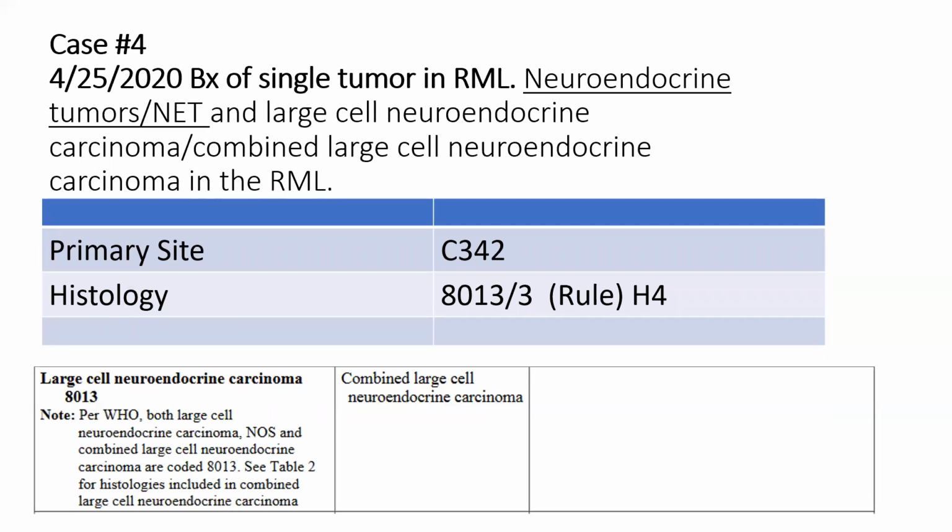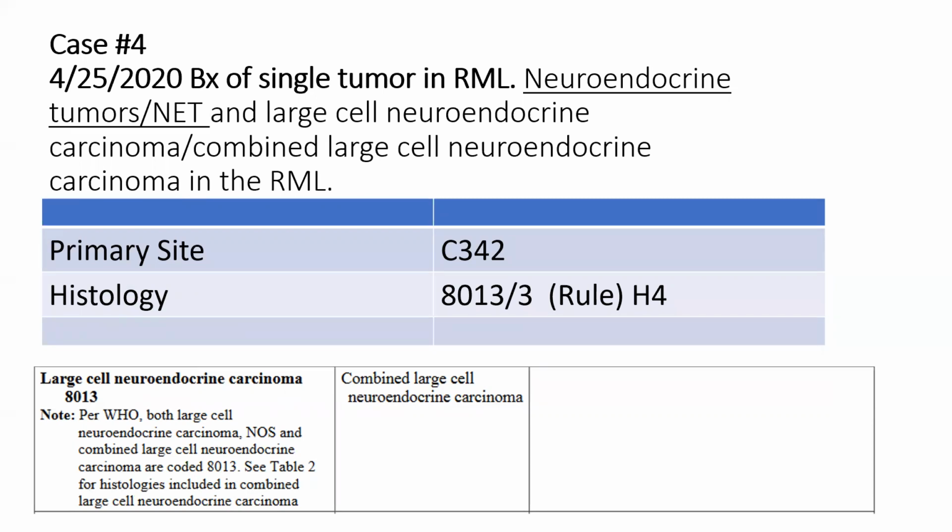Okay, so again, we have a single tumor, but we have complex histology. If you went to the MP rules, multiple primary rules, it will tell you a single tumor is always a single primary. Now we need to figure out what our histology